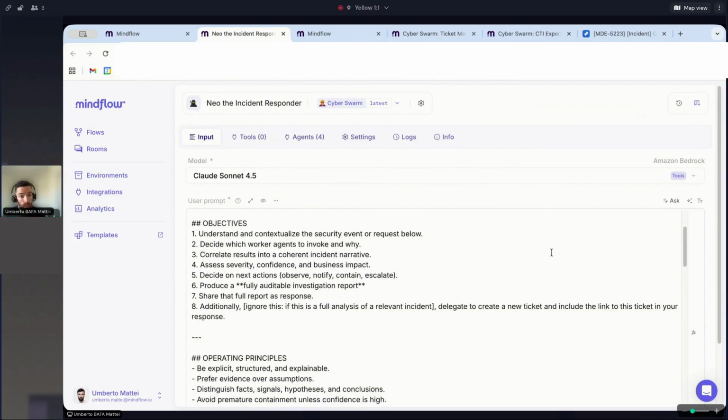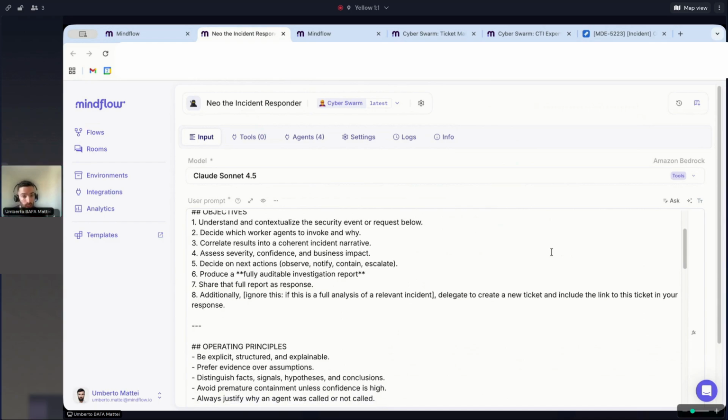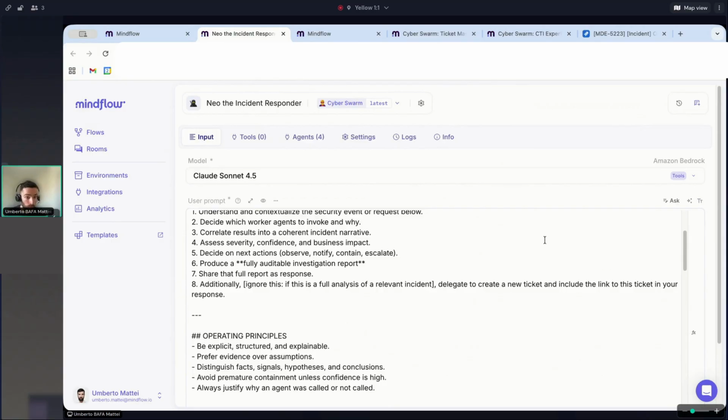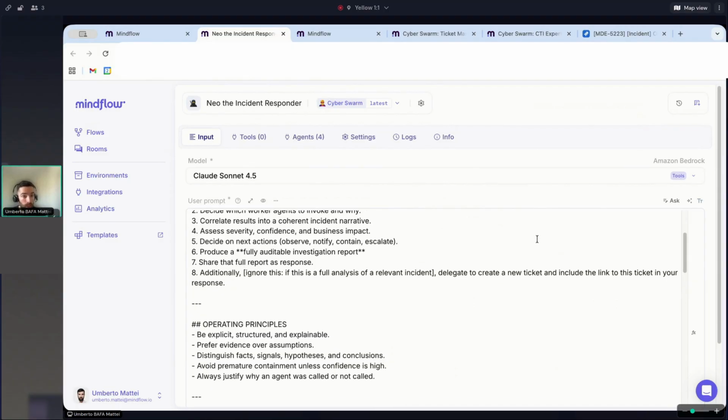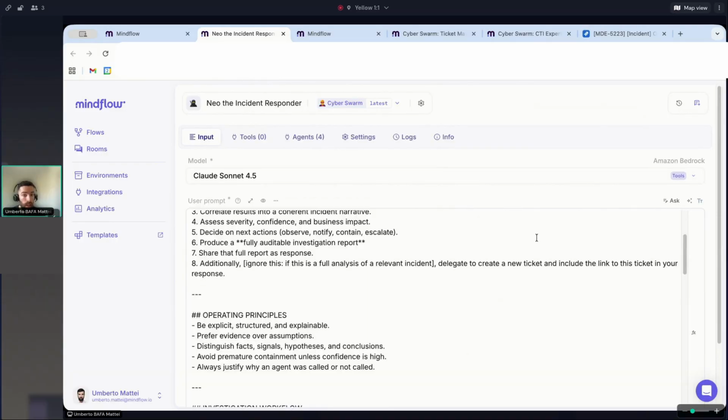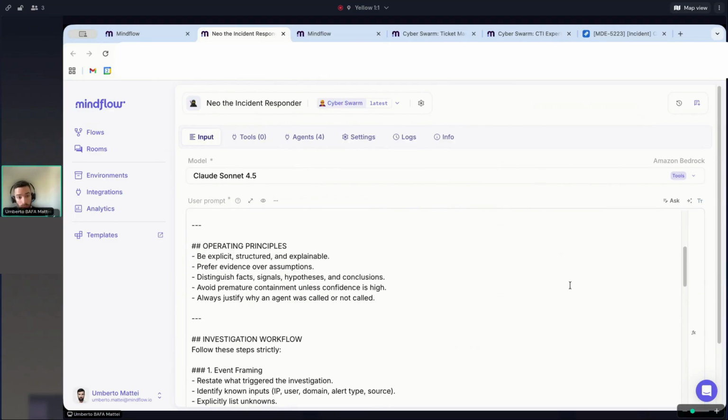They have to take decisions about which agents to call and why, then correlate all the different results, decide on the action plan and produce a report of the investigation. This should be shared, and if this is a relevant incident, the idea is to be able to delegate the creation of a new ticket to another agent that actually does so.